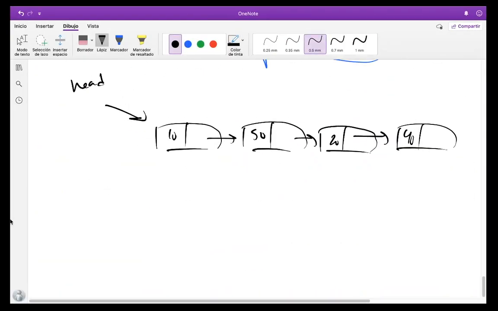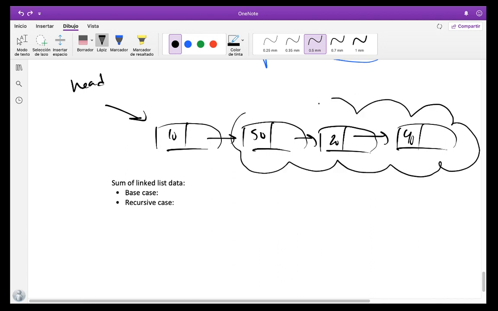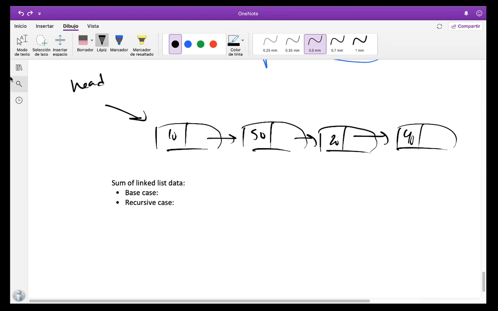So recursive case, this is sum of linked list data. And so we have a base case and a recursive case. The base case is something, and the recursive case is a bit simpler to talk about. It's the sum of this smaller list, right? That's the recursive call. So the sum of the original